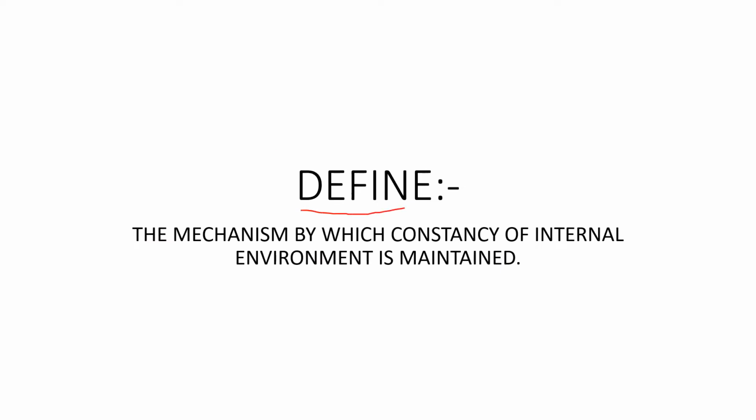First we have the definition. So what is the definition of homeostasis? The mechanism by which constancy of internal environment is maintained. Or you can say, maintenance of constant internal environment by the mechanism is known as homeostasis. Next,